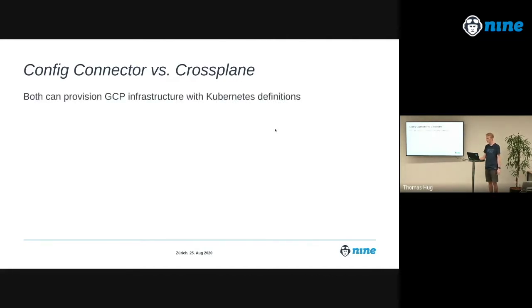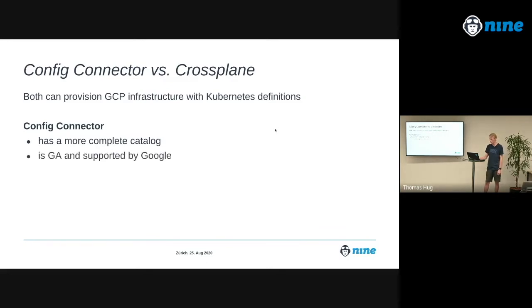So yeah, both can provision GCP infrastructure with Kubernetes definitions. That's like the basis of them. So you can define your YAML, have your database, whatever. I'll show more of that later. So let's compare them. Config Connector has a more complete catalog. I mean, it's developed by Google, so they kind of implement almost every resource that GCP has to offer, so that's great. It is GA,